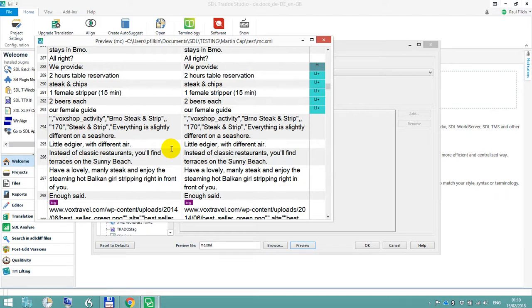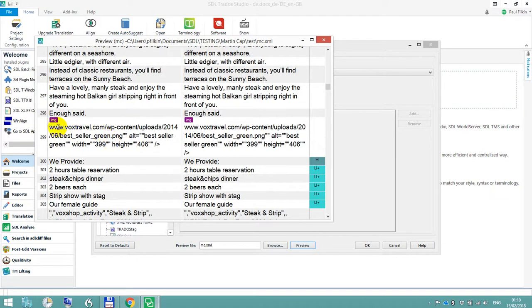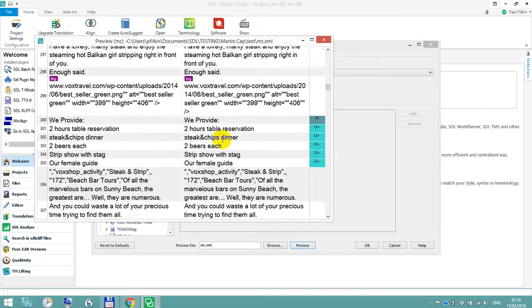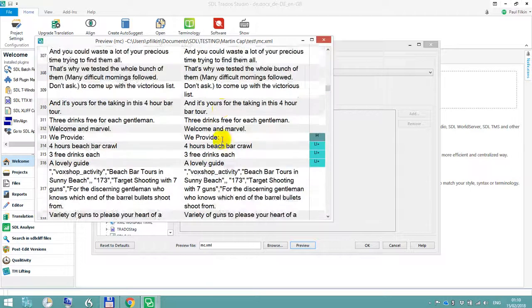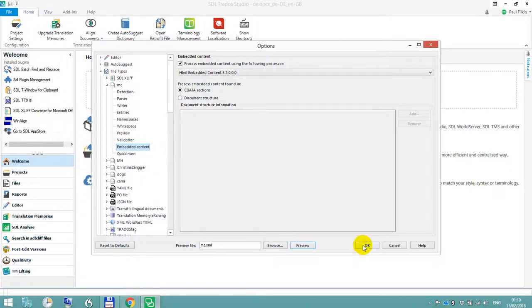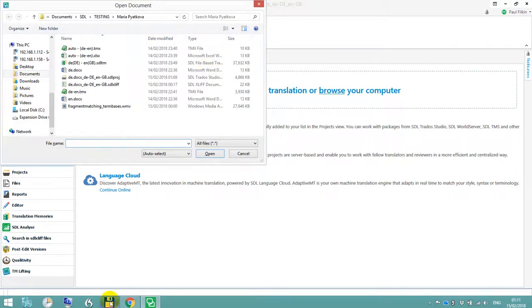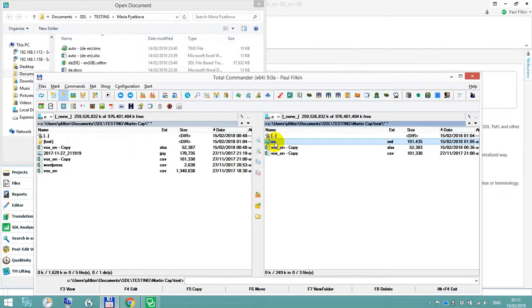There are some funny things that are a bit awkward to deal with, probably things like this. So the content inside the image tag has not been extracted properly. I don't know why, but I guess for that particular segment you could just copy source to target. You haven't got to translate any of it anyway, so it's not too much of a big hassle. And actually you could handle that using the display filter. So I'll show you how to do that just quickly. If I go and actually pick the file this time, let's pick the MC file,